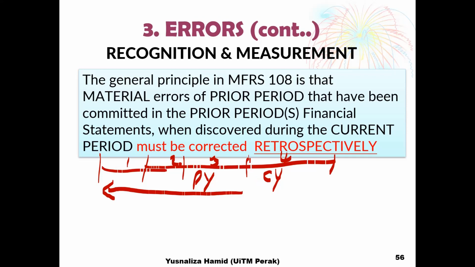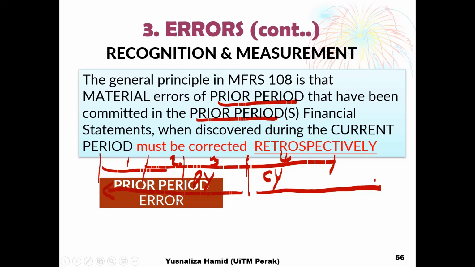So when that is the error that happened in the current year. For error that happened in the prior period, sorry. So this one was referring to the error that took place in the prior period. So that has to be corrected retrospectively. All right. Now we look at prior period error. So it has to be corrected